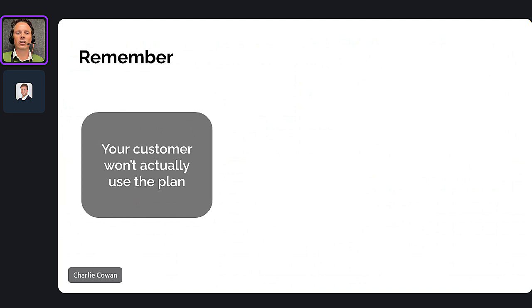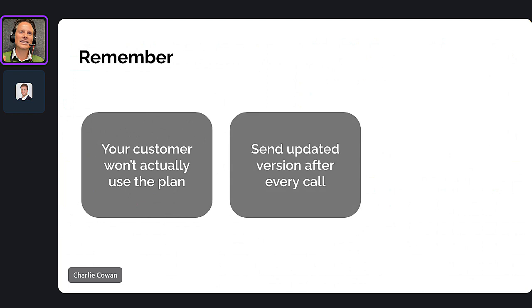Your customer is not going to go in there and mark up their actions. It's still a plan that you've created. They're unlikely to be going in there and doing work. So it has to be more about you communicating it to them. Send them an updated version after every call so that they don't have to do those updates themselves.